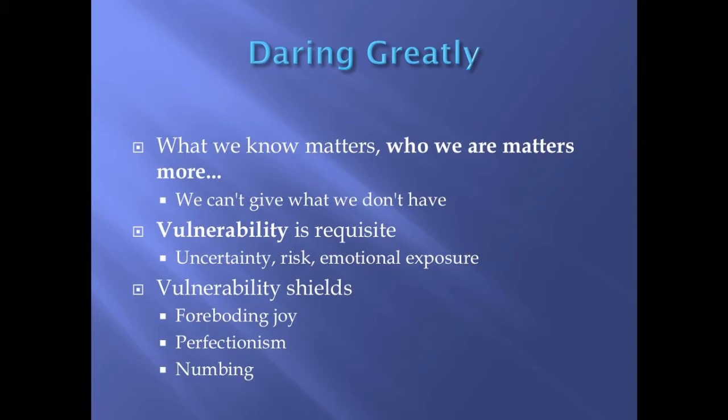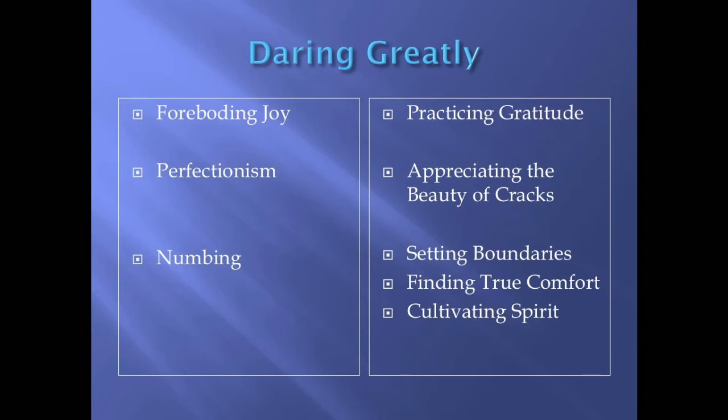And there are antidotes for these vulnerability shields, and they include gratitude, appreciating the ordinary moments, savoring them, being grateful for what you have. And we talked a little bit yesterday about what gratitude can do for you and simple tasks you can do to bring gratitude into your life. Gratitude lists, a gratitude picture journal in your phone, gratitude letters. And there's an antidote for perfectionism, and it's appreciating the beauty of cracks, moving from what people think should be enough to self-compassion, self-kindness, common humanity, and mindfulness, which we also mentioned yesterday.